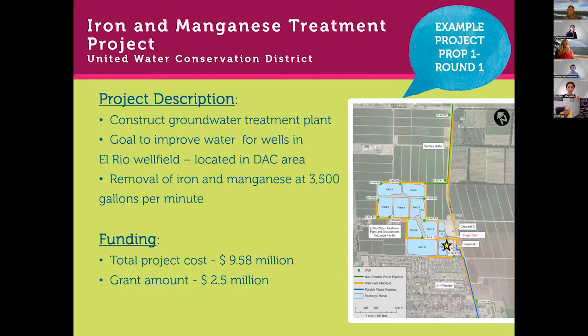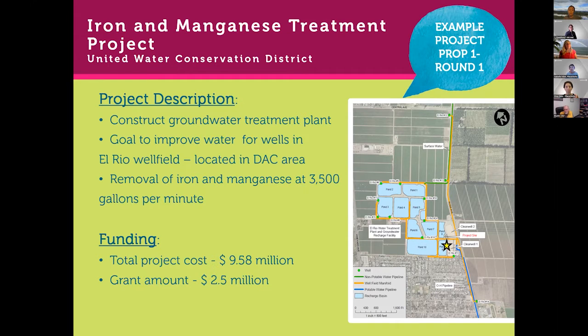So next slide. Those were examples of large and small projects, and I'm going to walk through a couple of them. On water quality, you saw a lot of people are concerned about water quality, and some of our groundwater basins have minerals and other constituents that render the water less useful on its own. It needs to be blended with other sources. And that's the case for some of the wells operated by the United Water Conservation District, which is a wholesale water agency and manages much of the groundwater in the Santa Clara River area.